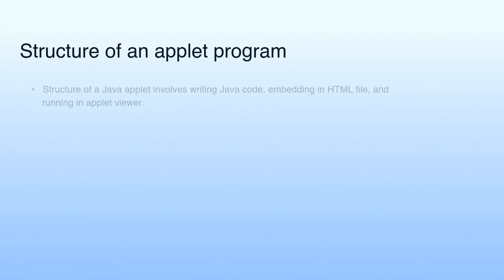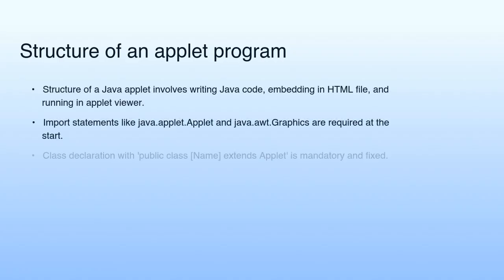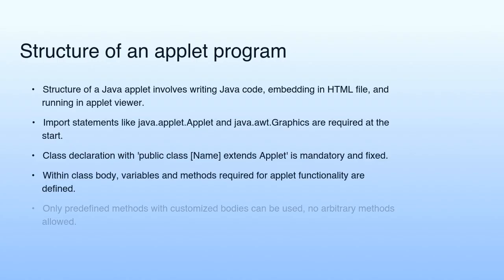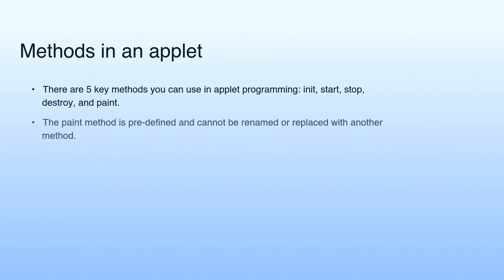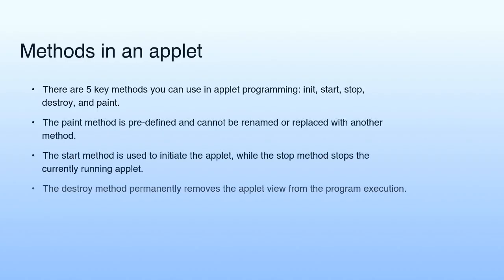The structure of an applet program involves writing the Java code, embedding it in an HTML file, and running it in an applet viewer with import statements, a class declaration extending applet, and the definition of variables and methods required for the applet's functionality. There are 5 key methods that can be used in applet programming: init, start, stop, destroy,